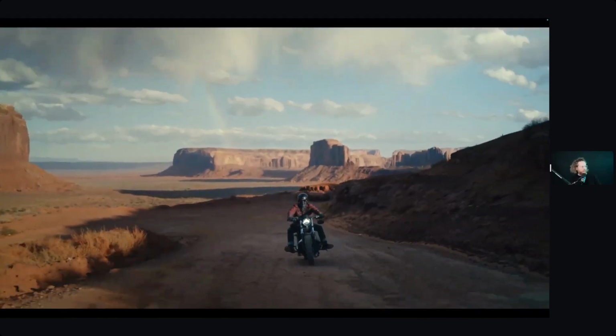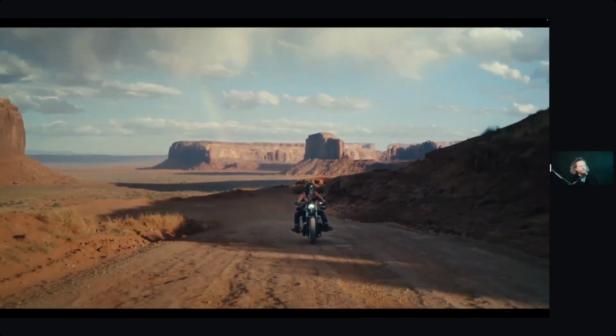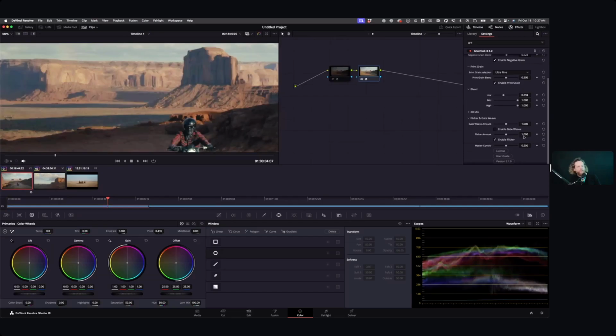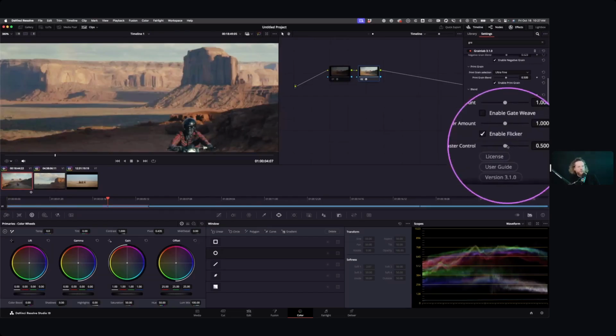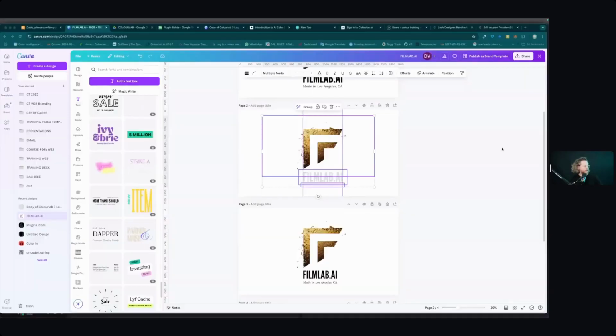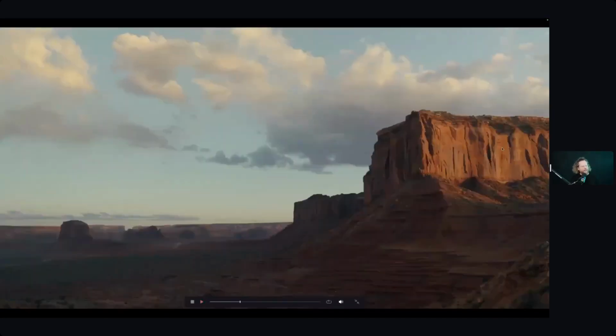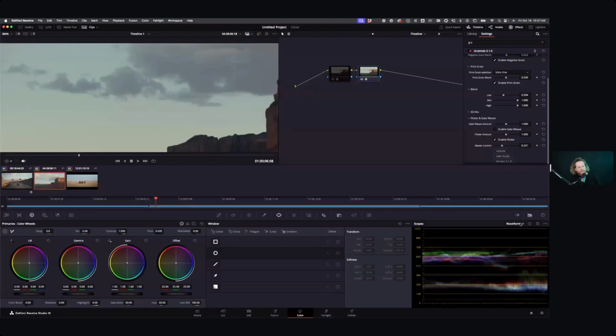So now with a little texture, maybe it's too much actually. When I look at the texture, I feel it's too much. That's not a problem. You just go here to the mask control and remove some of the intensity of your grain. I love the amount of texture I have. Ultra fine 35 looks pretty good, but I just reduced it a little bit. For me, the grain, if you look at it here, if you see my waveform monitor, right? It just helps me create this